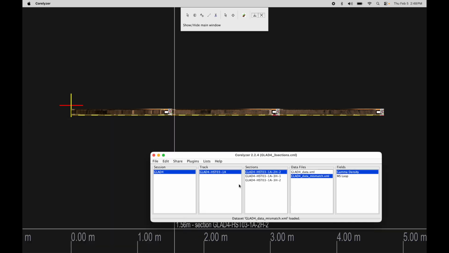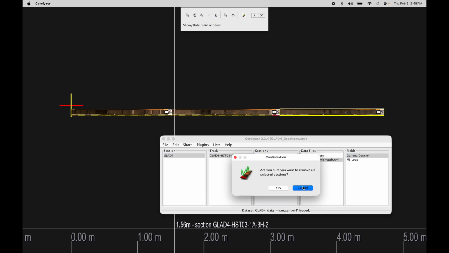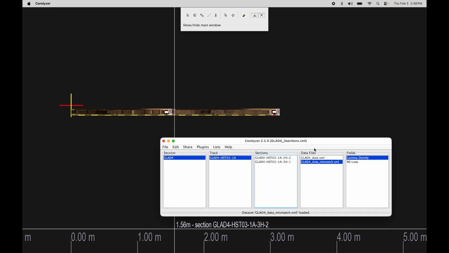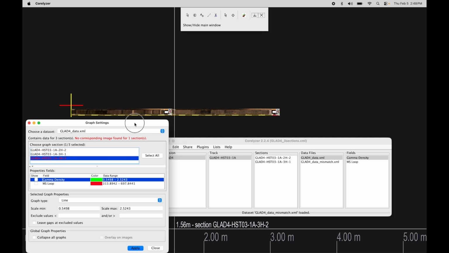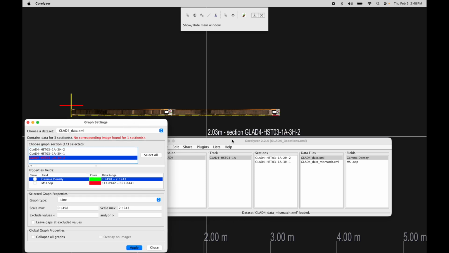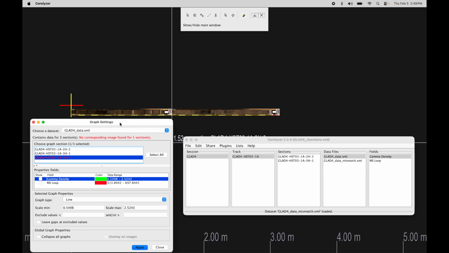So just to briefly demonstrate that, since I'm not explaining it very well, let's just delete one section from this project right now, 3H2. And now if we go back to the graphing dialog, we're going to see the scary red text because our data contains measurements for 3H2, but our project does not contain it. And that's just because, possibly because of your workflow, that section may just not have been added as a section image yet. So there's a case where the red text should be less worrisome depending on your workflow,